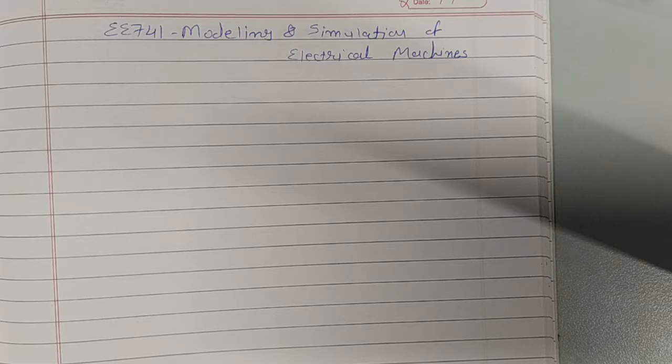Okay, and as it is in the name of the subject, modeling and simulation, first of all you need to know the difference between modeling and simulation. In modeling, you have to make a physical model in the software. It can be a dynamic model, like the mathematical modeling of something, and you have to join some blocks. Suppose it is a MATLAB platform, then you need to join some blocks. You need to take some output in terms of scope waveforms or some numerical output.